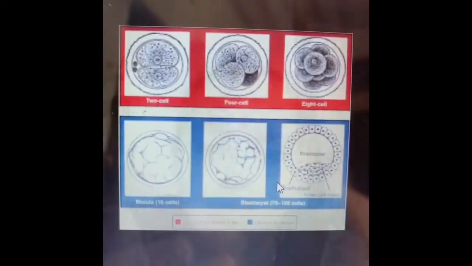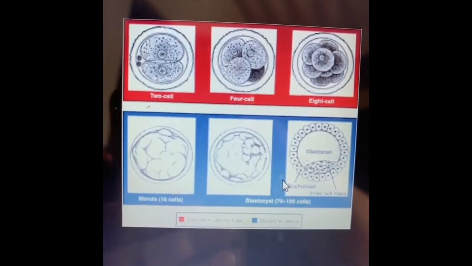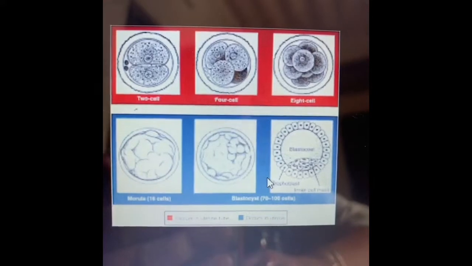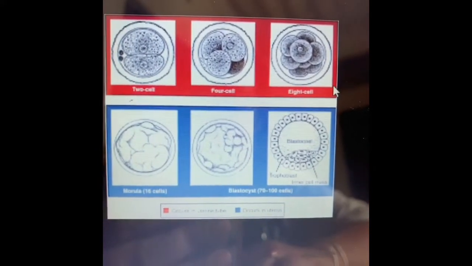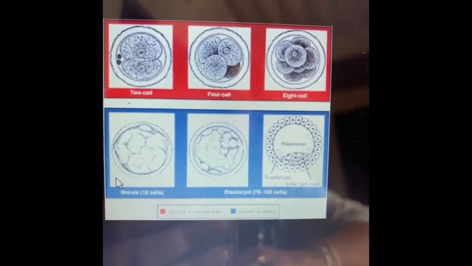Good morning, dear students. So, we have already discussed how fertilization has occurred, how cleavage is occurring. Now, let's see how the cleavage occurs, how the cells divide, when do they divide, how they are directed towards formation of the fetus. As soon as the zygote is formed, it starts dividing very fast. First there will be a 2-cell stage, then a 4-celled, then 8, and then 16.